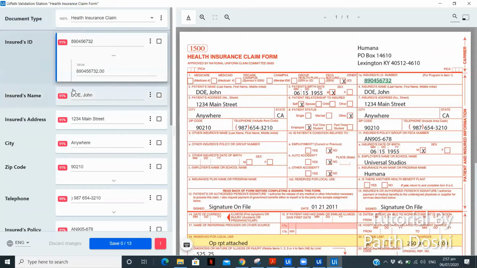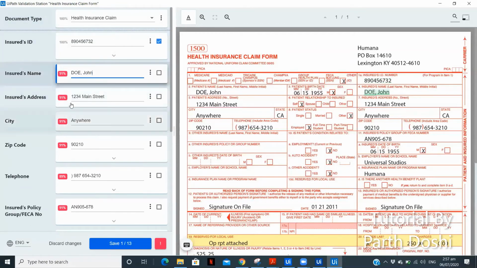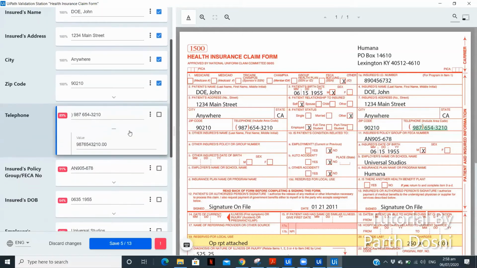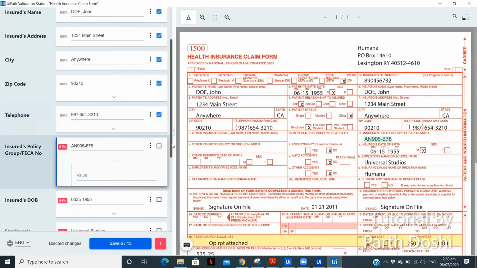This is completely proper. The ID, the name is proper, the address is proper, the city is proper, zip code is proper, telephone. Now in telephone, as we can see, we have a gap over here because we have the closing bracket, but here the closing bracket is extracted here before. So this is a bit inaccurate, we can say, to extract that particular detail. So this is the only thing we need to change over here. After that, we have this properly extracted.